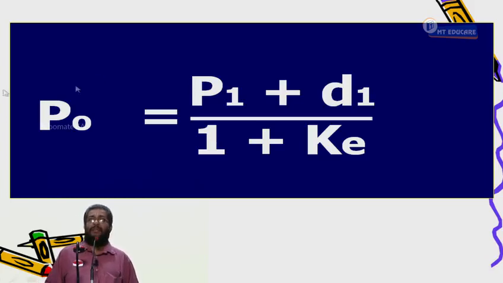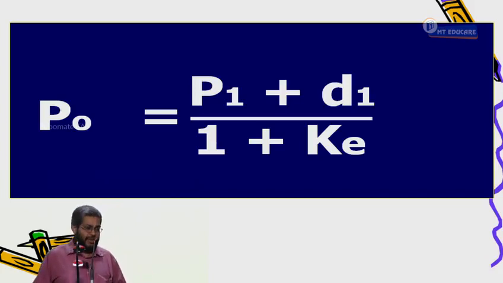Now tell me, do we have P0? Yes, 100 rupees. The share is trading today at 100 rupees, so the current market price I call P0. P0 is 100. We know KE, yes. We know D1, yes. Then I have to find out P1. That's the question: what will be the market price of the share at the end of the year? I am not an astrologer, I am only estimating. The market price of the share at the end of the year, if the dividend is declared and if the dividend is not declared. I'll use this formula to find the share price.